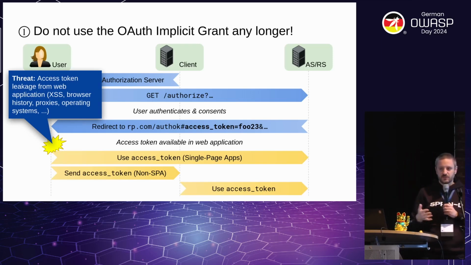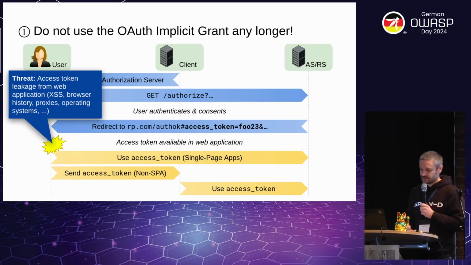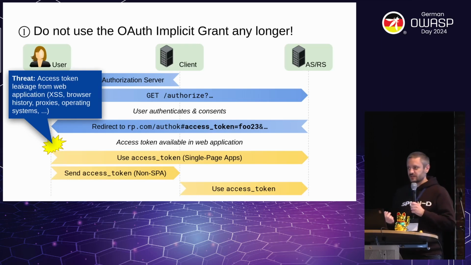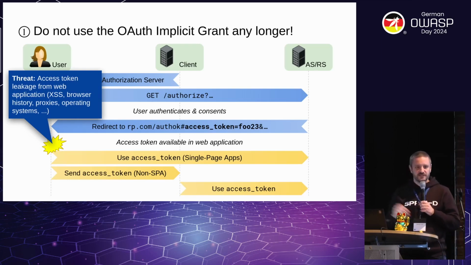There can be intercepting proxies on various machines that log requests and that maybe log URLs, and don't expect sensitive stuff to show up in URLs because it normally shouldn't. There are operating systems that sometimes log URLs. There are antivirus products that send URLs to some strange servers in other countries. So don't do that. Don't encode access tokens in the URL.